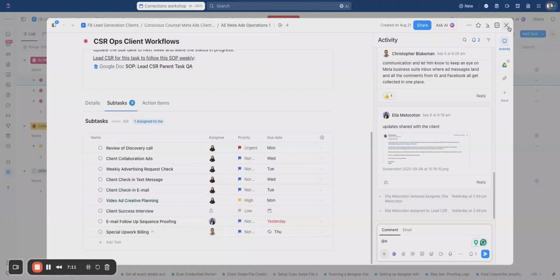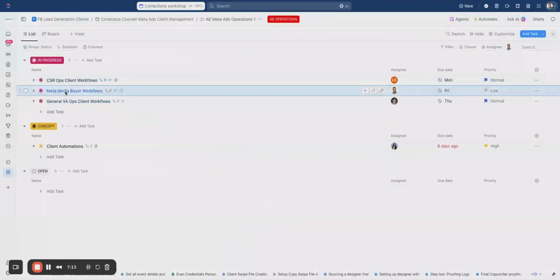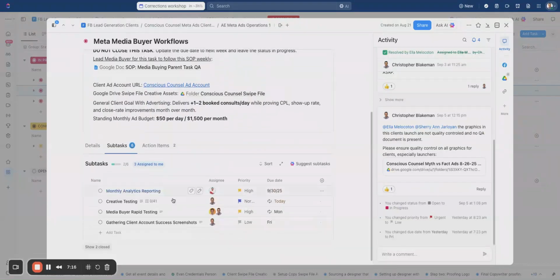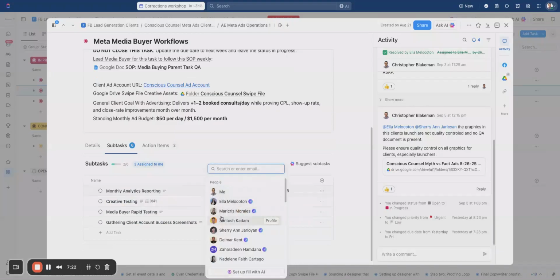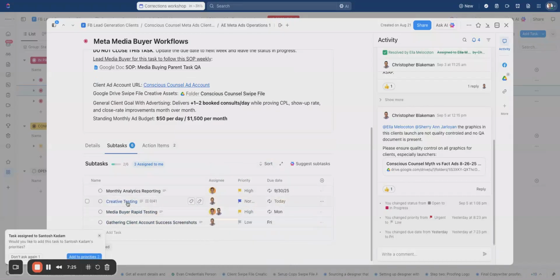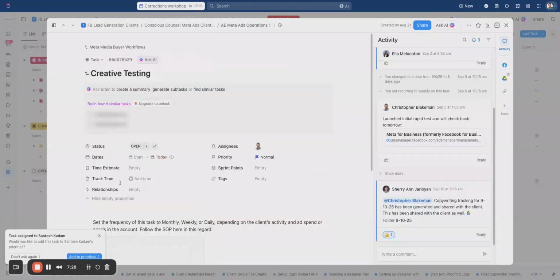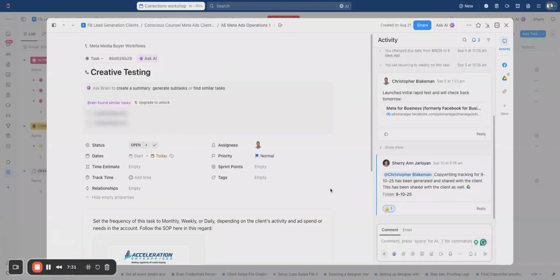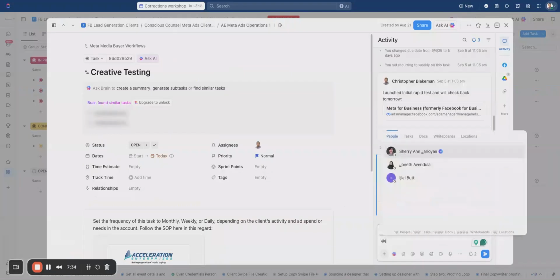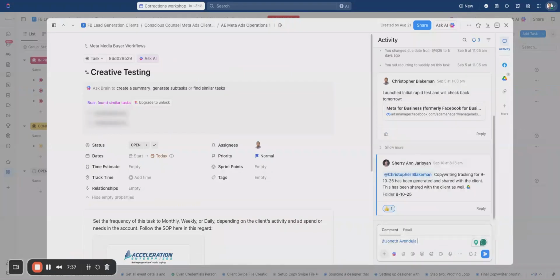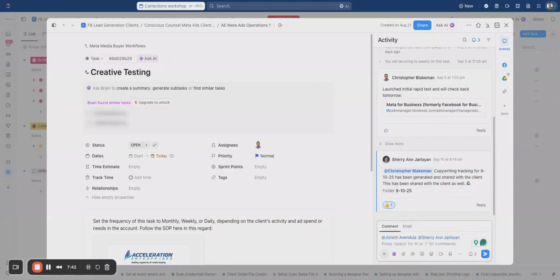So we'll do this in media buying, right? We'll go into media buying, and you'll go to your creative testing task. We'll go over here. And in creative testing, I'm going to go ahead and tag both the VA, because the VA actually does graphic design, and the CSR. I'm going to say, please update the client that an initial lead is coming in and we